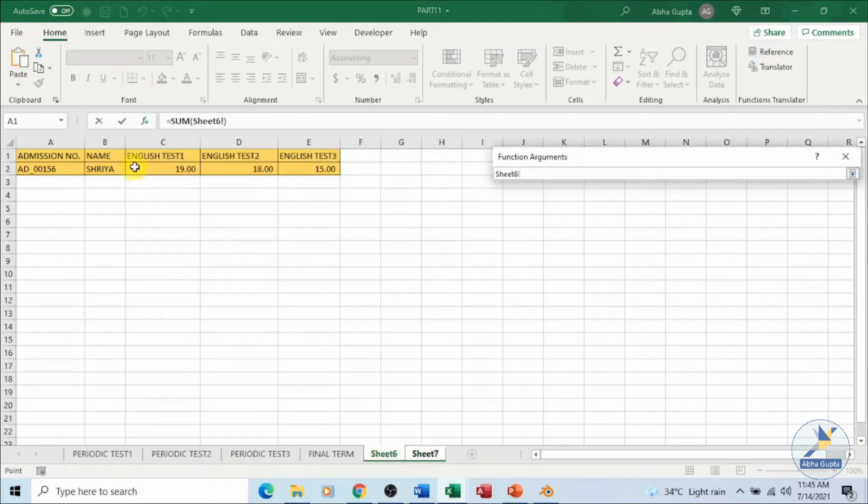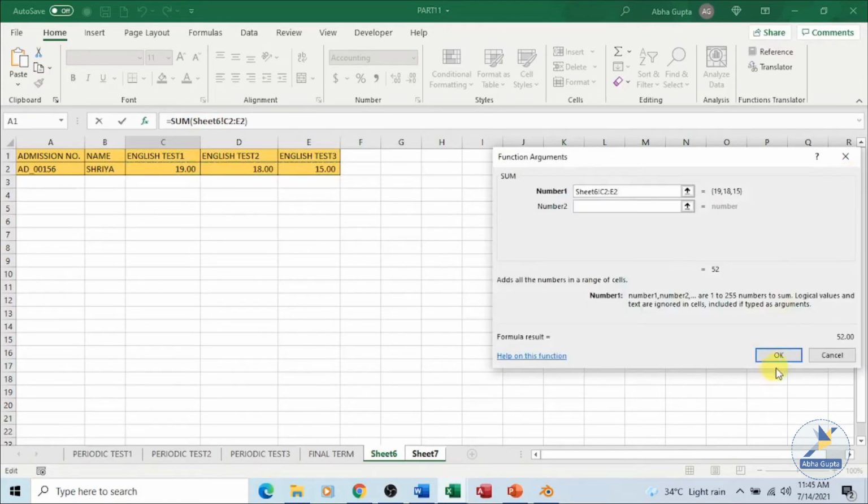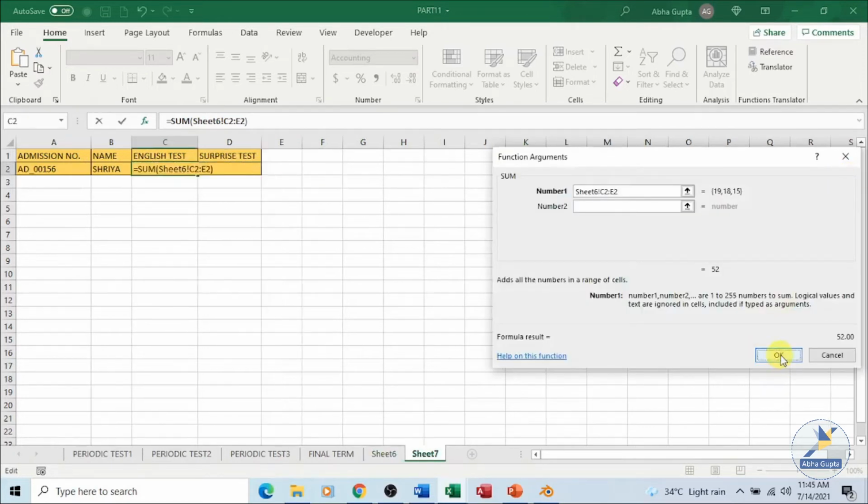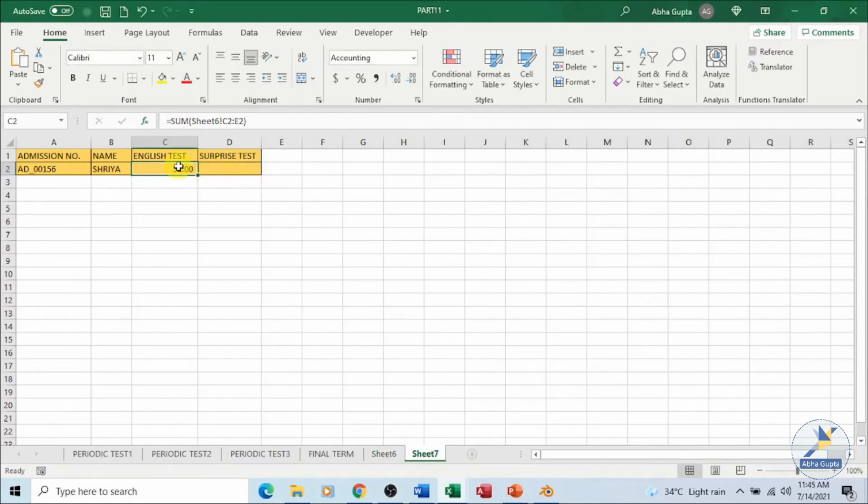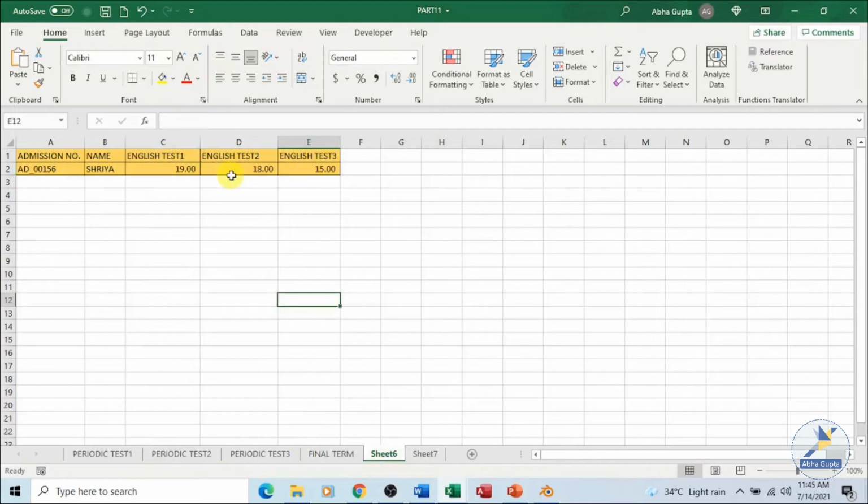This is the sheet, and this is the range which I am going to use in my sheet, and click on OK. You got the result as 52. Let's see, 19 plus 18 plus 15.